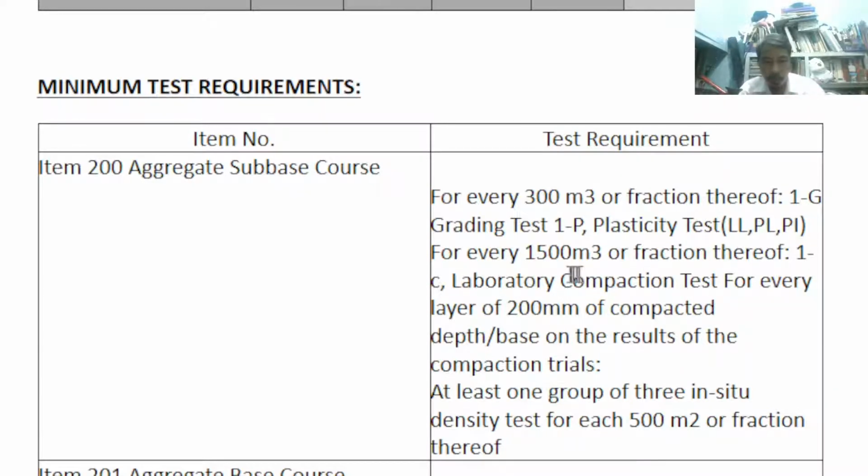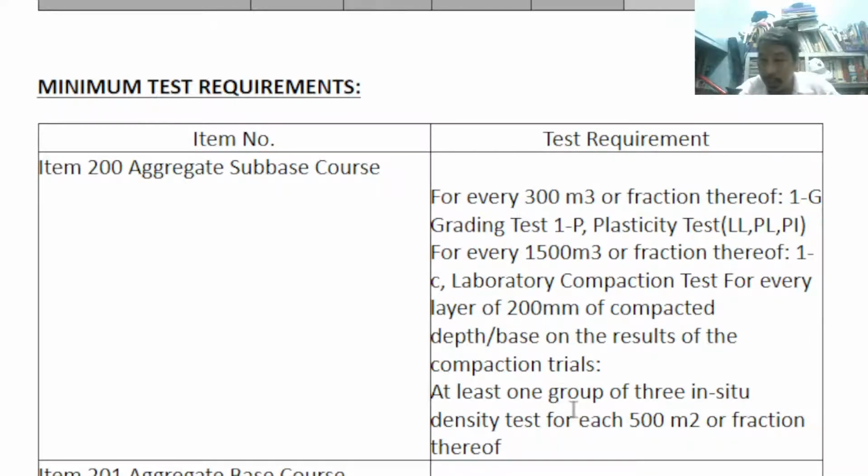And for every 1,500 cubic meters or fraction thereof, 1 compaction test, 1C. And then for every layer of 200 mm of compacted depth based on the result of compaction trial, at least one group of 3 in situ density tests. So that is 1D test. So 4 different tests should be conducted